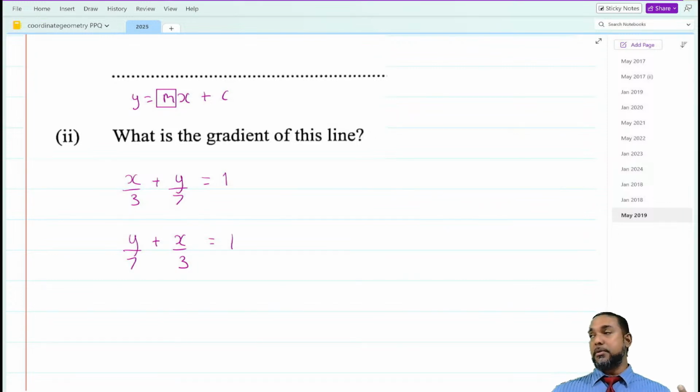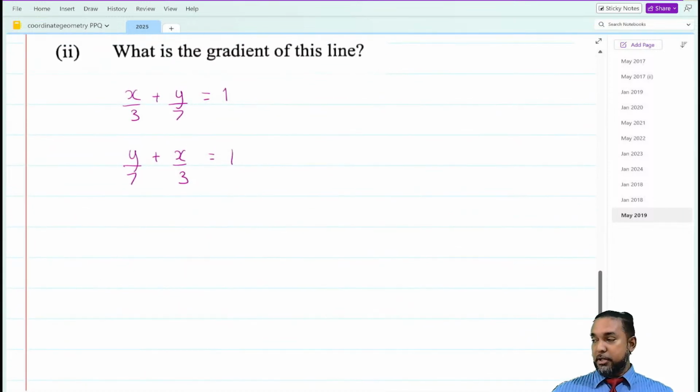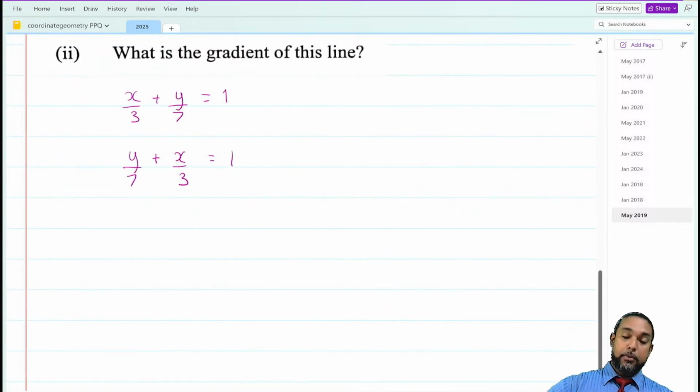That's the easier route, to be honest. You could start by removing the denominator. You could do that. But, actually, let's do it both ways. Let me just show you that it could be done, right? All right, so what I prefer to do is I'll get rid of that first.